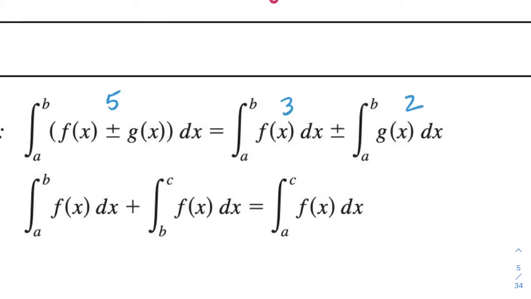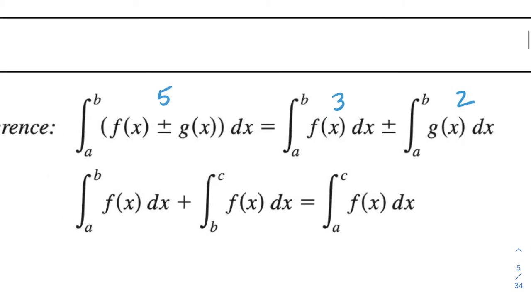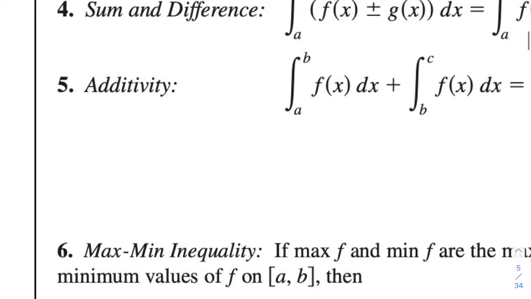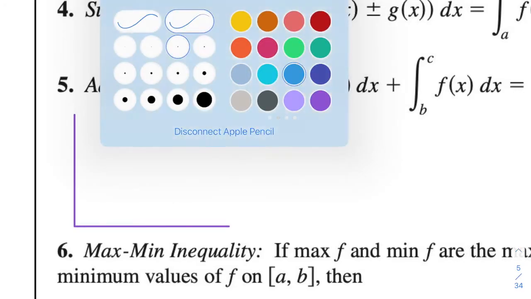So I can have separate ones adding up. If f of x plus g of x was equal to 5, I could do 3 and 2. I could do 4 and 1. I can really break them up however I want because I'm doing both of them. I'm going to look at them separately. So instead of going up to a total of 5 here